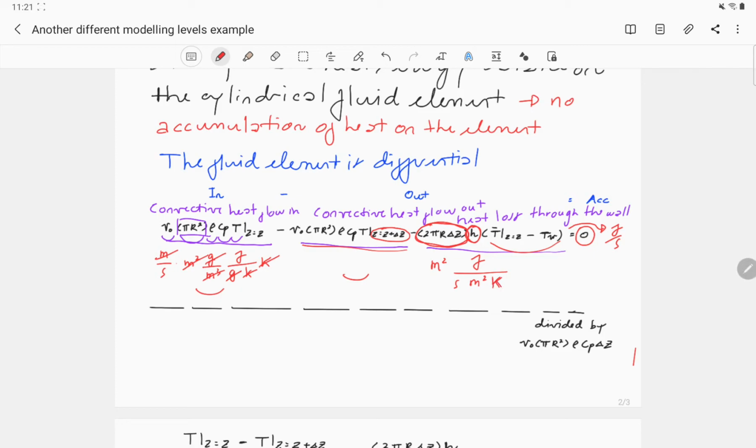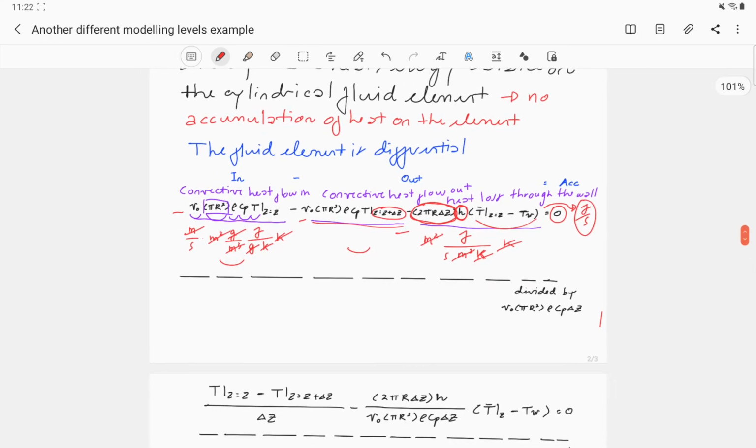This term H normally comes in the Newton's law of cooling, between the solid and the fluid. If we multiply by this term, then we can see that this meter square will cancel with this meter square, and this Kelvin will cancel with Kelvin. So all the terms in this steady state heat balance will have the same unit of joule per second. It's very important that we check this is the case. If not, then obviously we will not have a correct unit.